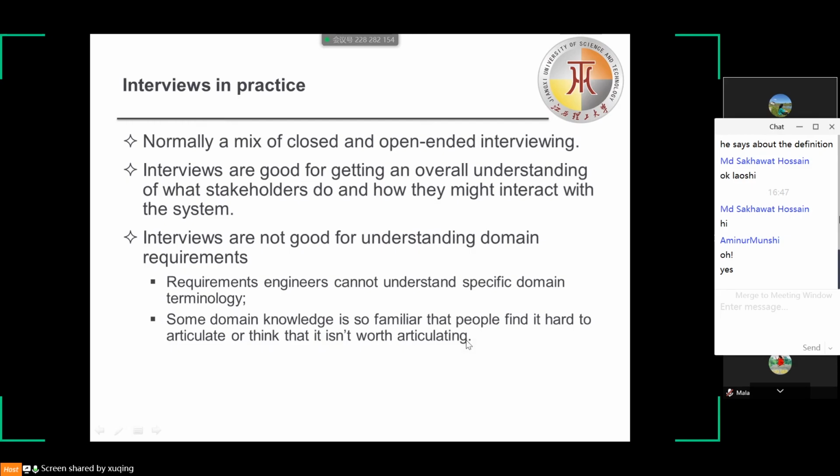Some domain knowledge is so familiar to stakeholders that either they find it difficult to explain or they will think it is so fundamental that it isn't worth mentioning. Take an example in a library. A librarian, perhaps he will think normally